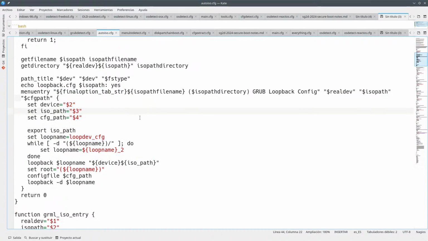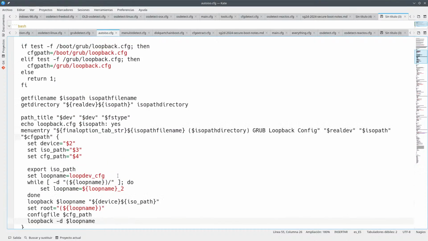It can be made much easier than it looks, because here you have a lot of variables, but it's just loopback, give it a name, put here the path to the ISO, set root to the device, config file onto the path, which is boot grub loopback.cfg, and then just put into this.